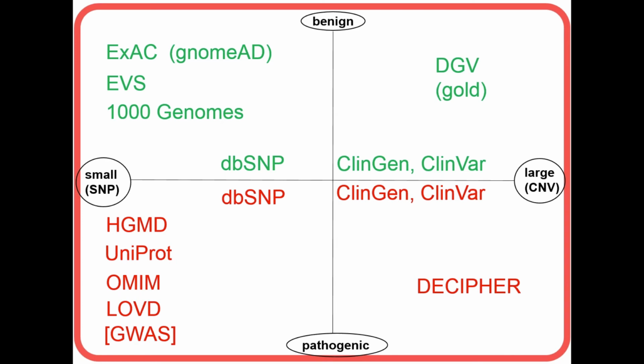This is also a slide that's on that page, and it forms the basis for showing you how some of the data can be used in a clinical setting, where the different databases that are available at UCSC span small variants to large variants in the horizontal direction here, and pathogenic versus benign in the vertical dimension. And there's a page called databaselinks.html, which we'll use in a little bit